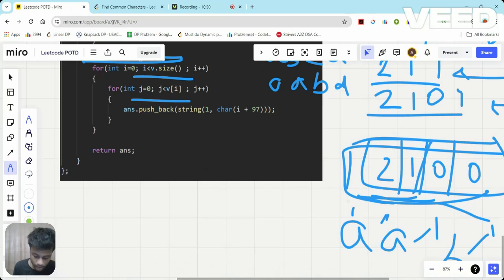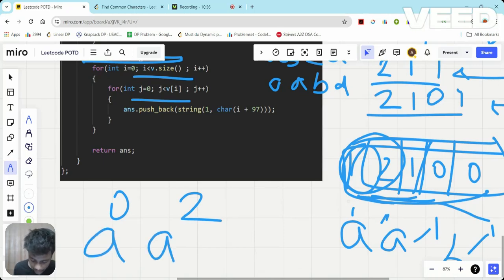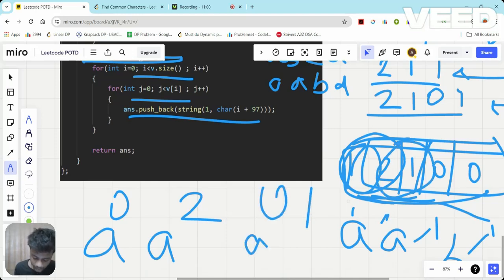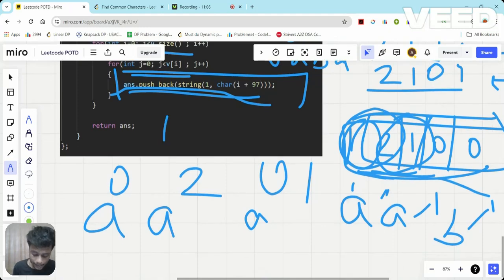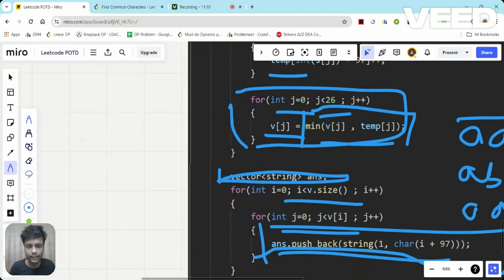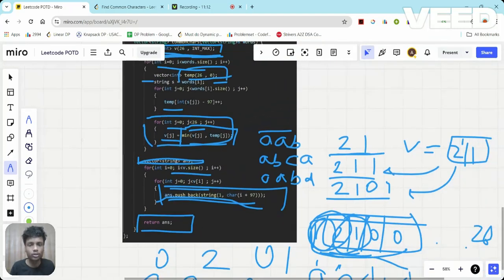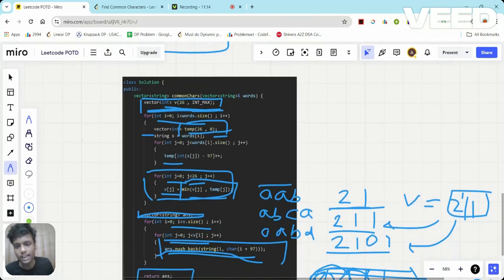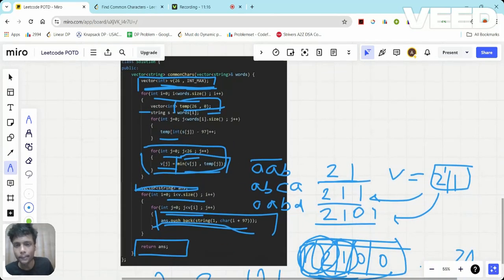First of all, I am running a loop from 0 to 2 for this case, and I am inserting A 2 times here. Then I am running a loop from 0 to 1 time, then I am inserting it a single time. So this is what is done here, and at the end I am returning the vector answer, as simple as that. So this is the whole code and the explanation for the code. I hope it is clear to you. If you have any doubt, you can simply comment.